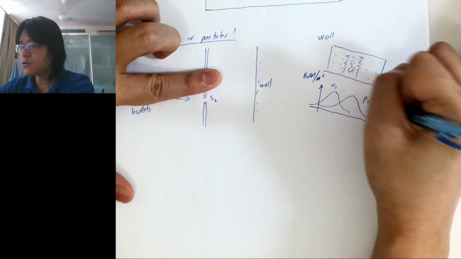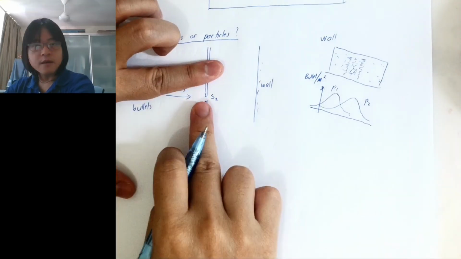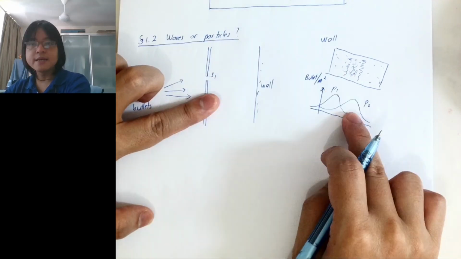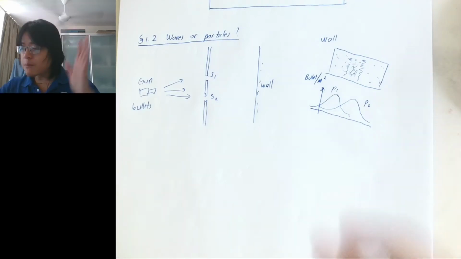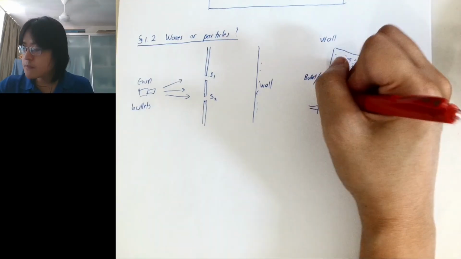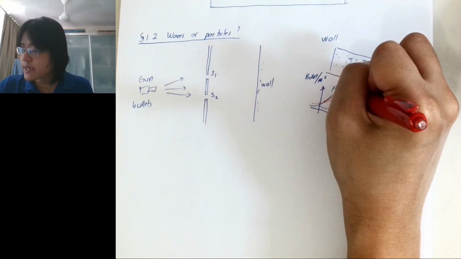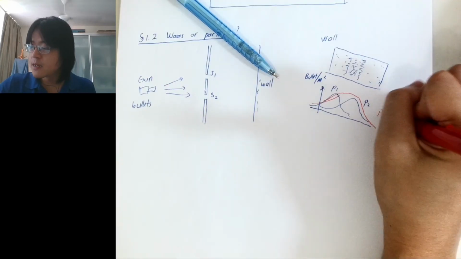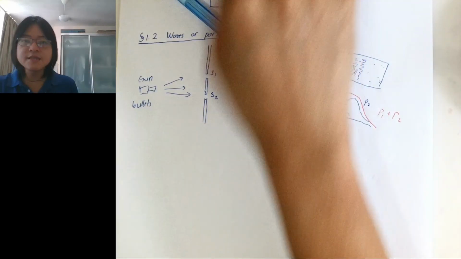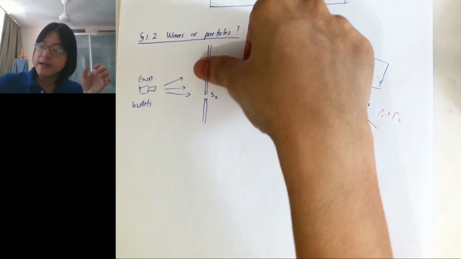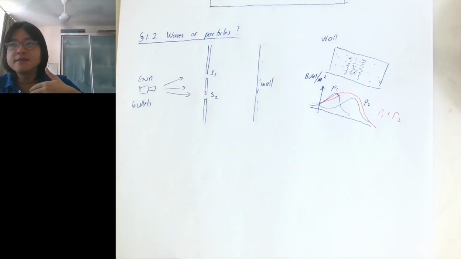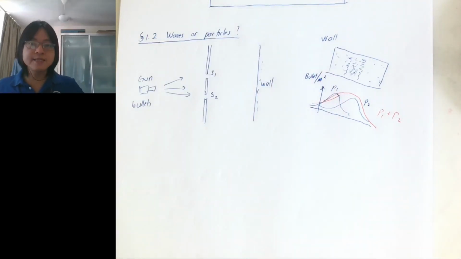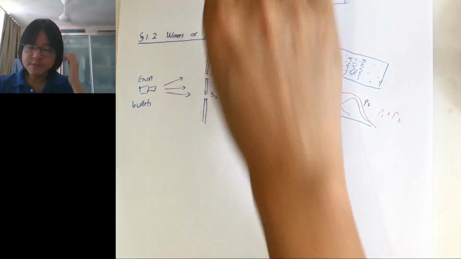So this is P2. If you close one hole, you get this shape. If you close another hole, you get this bullet density. If you open both at the same time, you just get the sum of both. So roughly speaking it is something like this, the red one is P1 plus P2. So this is what happens for particles. If you close one gap, you just get the independent one, and you close the other gap, you get the other. If you open both, you just get the sum of the independent probabilities.